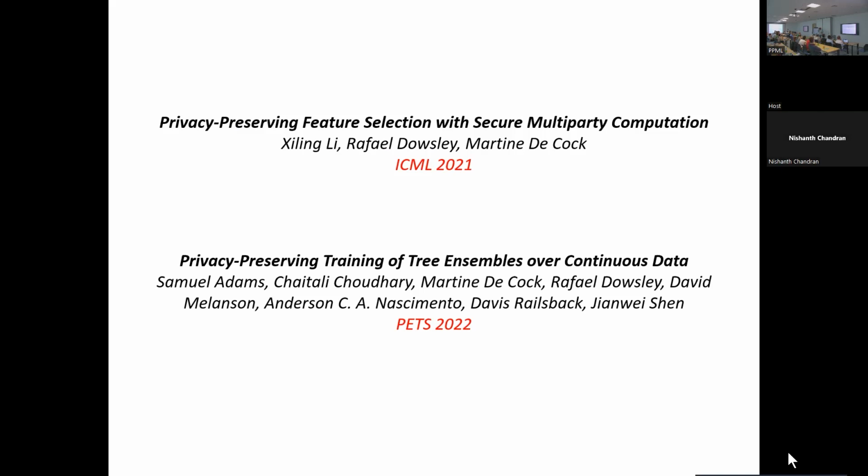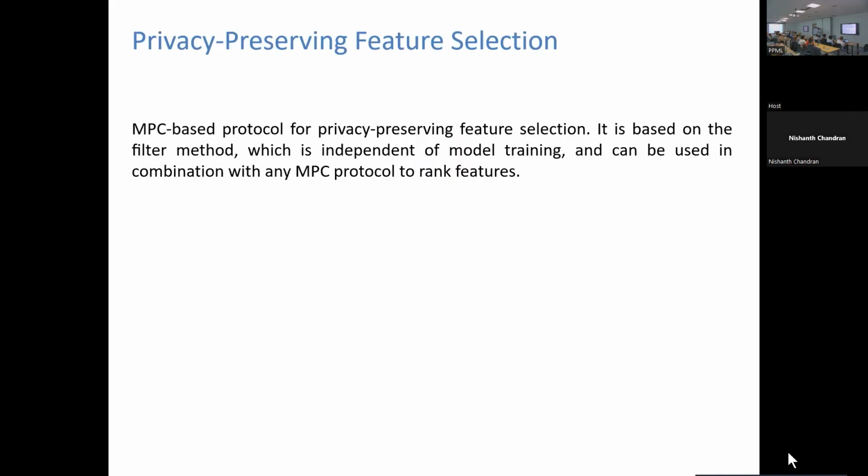And if you really want to have a pipeline for realistic deployments, then you need to cover all the steps of the machine learning pipeline, right? So the stuff that I will be talking about today is essentially coming from two papers that I co-authored. One appeared in ICML 2 years ago, and the other one in PETS last year. You can check the details in the papers, but I'll try to give an overview of what is going on here.